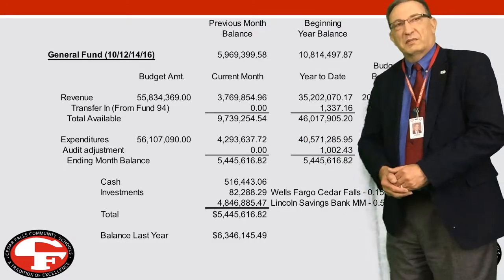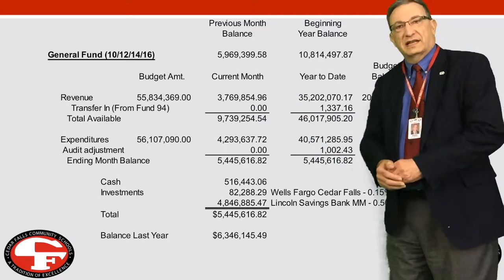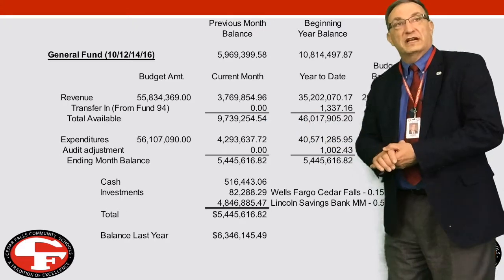For the general fund for the month of March, you can see our revenue was $3,769,000 with expenditures of $4,293,000 for an ending fund balance of